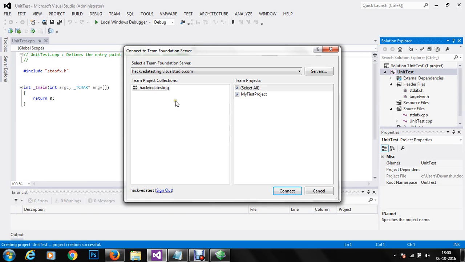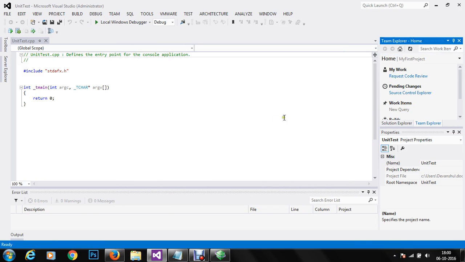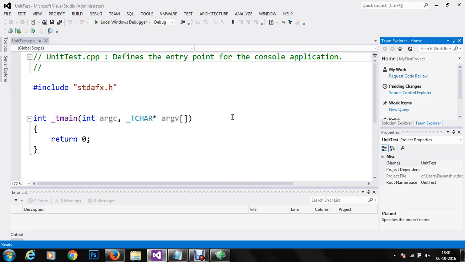I'm now connected to our Hack with a testing, and here we'll connect to this. Now the project has been hosted at the server, and we do have a project here.